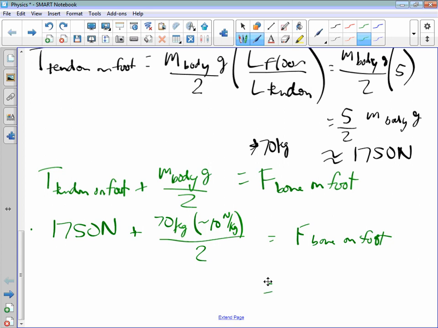Which ends up being around 2,100 newtons. Take-home message is that in this position, the tension of the tendon on your foot is about 2.5 times your body weight, and the force of the bone on your foot is about 3 times your body weight. So it's a lot. Can we do